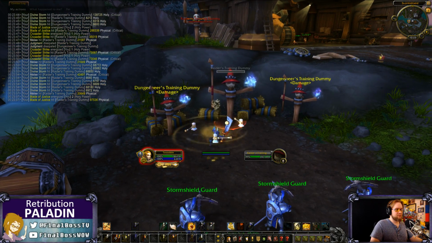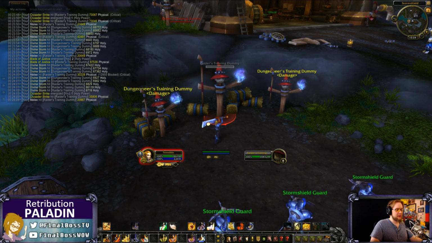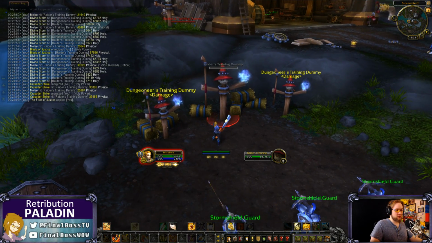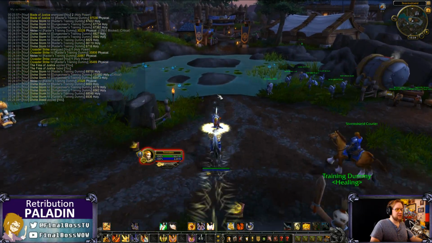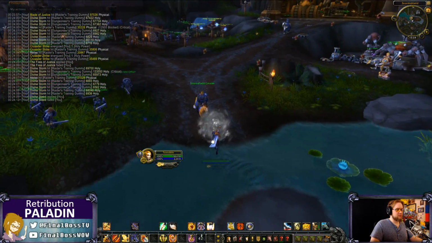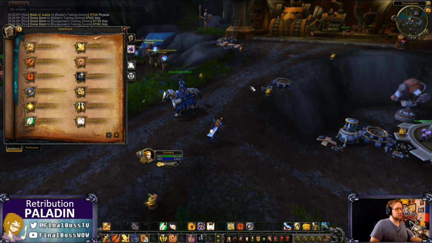The boss dummy back there, it goes farther than the actual animation for some reason. But such as many things in World of Warcraft, right? So we'll run away real quick here. We Divine Steed just to get away from the dummy. There you go. So what else you have here built in is going to be, you have Flash of Light,